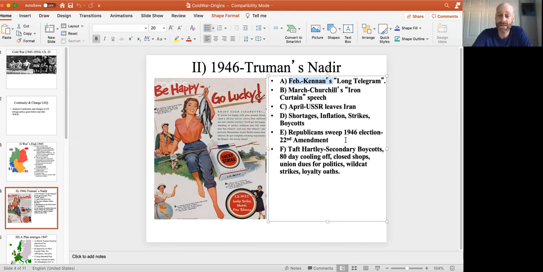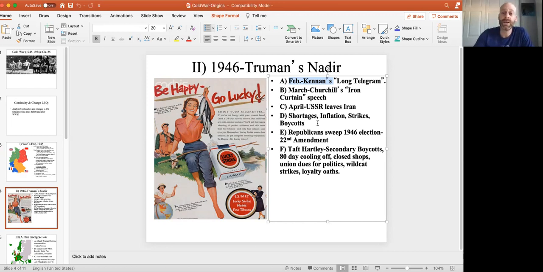FDR gets a lot of flack today from conservatives that he allowed the Russians to take over Poland. That's the way the war ended. He could have complained about it more, I suppose, but there was nothing he could have done about it. No American, not the Republicans, not any conservative, not anybody, wanted to invade Poland in 1946 and evict the Russians. That would have been crazy. There would have been no support for that.